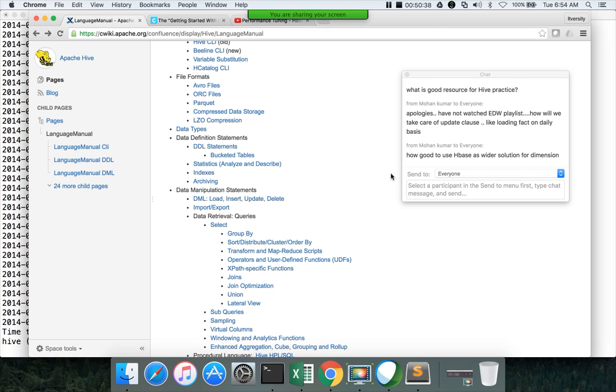How good is it to use HBase as a wider solution for dimensions? It is a good solution. We have implemented that in the past with IBM successfully, and it works well. It is similar to a type 2 dimension. If you want to go with a different type of dimension, then you might have to